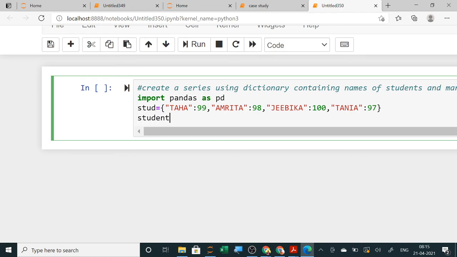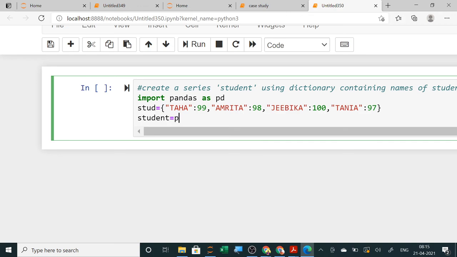I am creating the series with the name student. Now in the question, normally the name of the series is mentioned in the question paper. Same name you have to write here. If it is written S1, you will write S1 here. Now create a series student, it is written. Name of the series is student. That's why I have used student here.